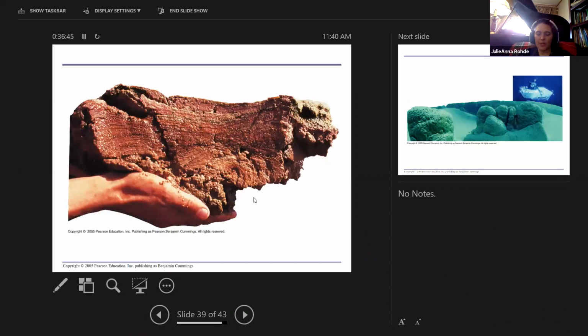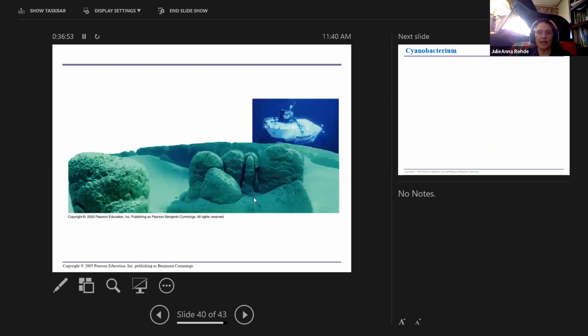So those are kind of review slides of things I've already said. Here's a second picture of a stromatolite. I had shown you a stromatolite on Monday as well. This is another one, and I may have skipped over and shown this to you on Monday. I can't remember if I did or not, but this is a picture of a cyanobacteria today in the ocean,